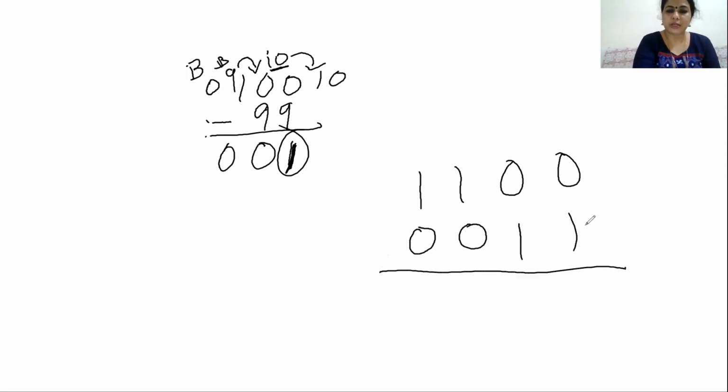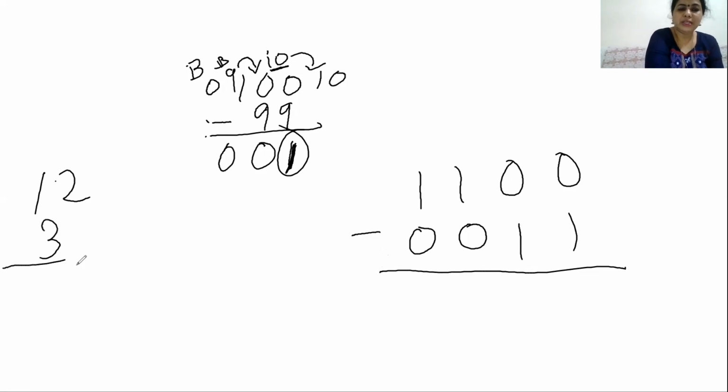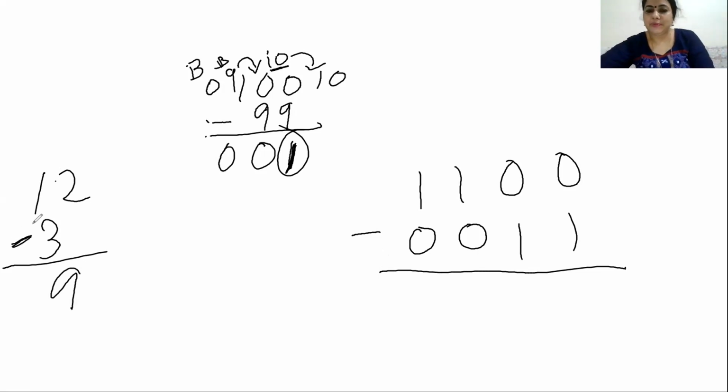That you have to subtract. Okay. Now first, what is the number? This number will be 8 plus 4, that will be 12. And this will be 3, 2 plus 1, that will be 3. So what is the result if we subtract? That is the minus 9. Okay, so that becomes 9.